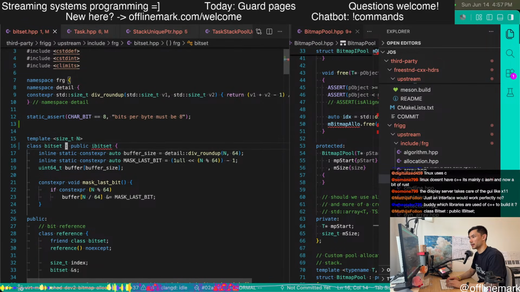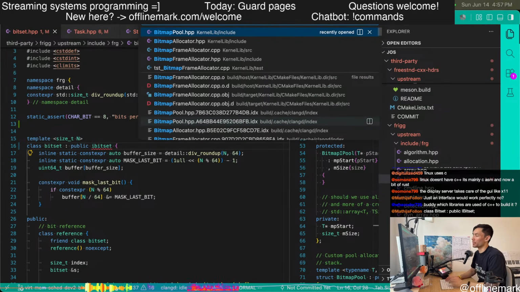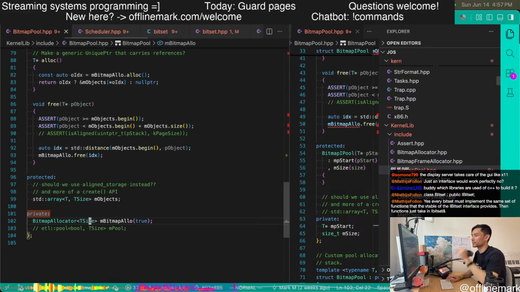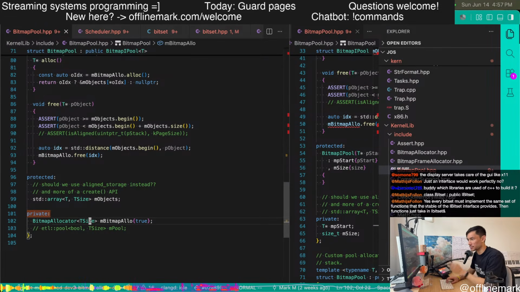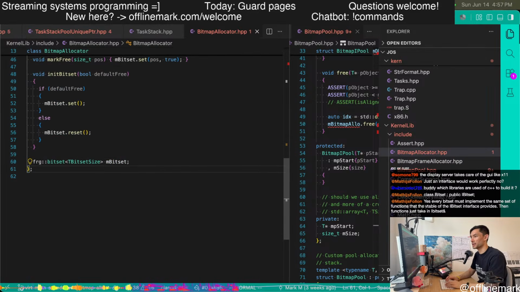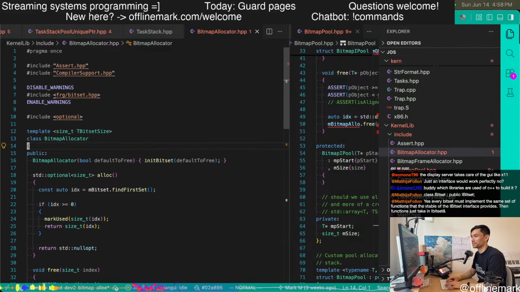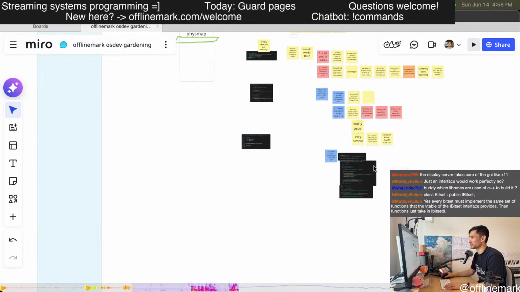So this thing becomes an I bit set, and then in the bitmap pool, in our bitmap allocator, we would no longer store a bit set directly in the bitmap allocator. Let's just think this through, just for reference.